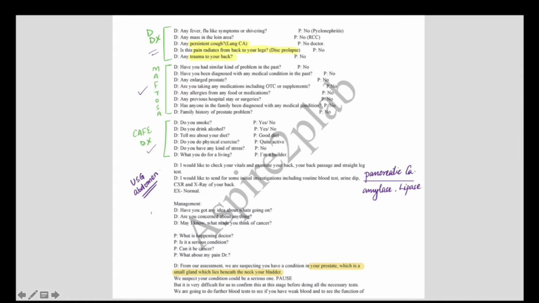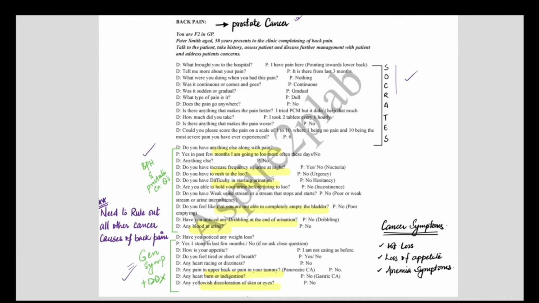So basically, when I have to summarize all of them, I will not write each and every point. I will not explore Socrates. I'm not going to explore any BPH or prostate questions because I know what BPH and prostate questions are. I'm not going to expand any flaws questions because I know what flaws and cancer symptoms questions are. For DDX, I will just write the name of the DDX. I'm not going to expand what questions I'm going to ask in the DDX because that again is going to take time. But if you feel that you will not be able to remember the DDX questions, write the name of the DDX, let's suppose BPH, and write a few questions side by side. If you feel that is important for you, do that.